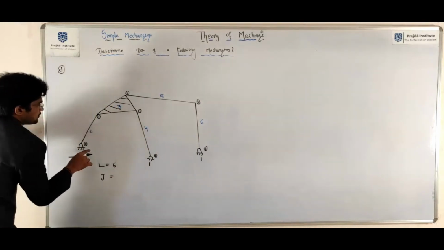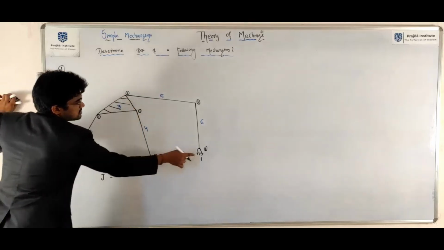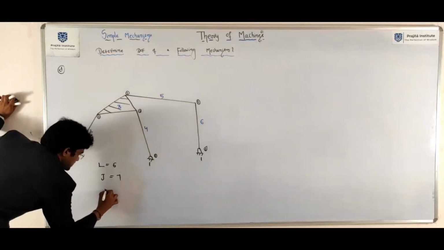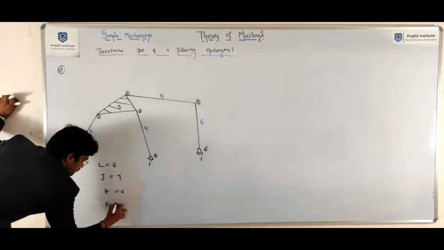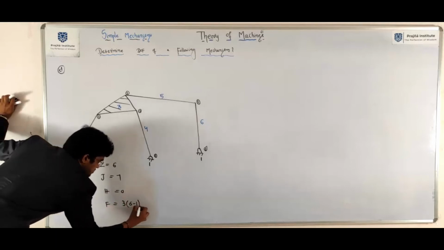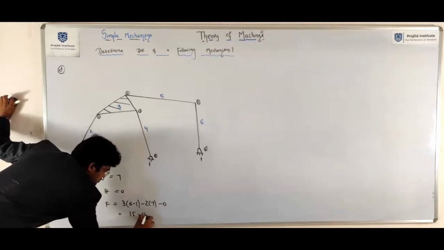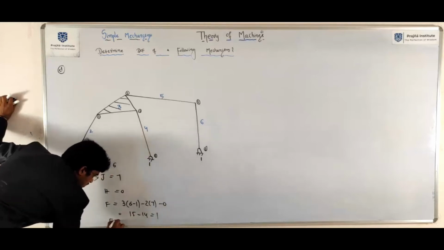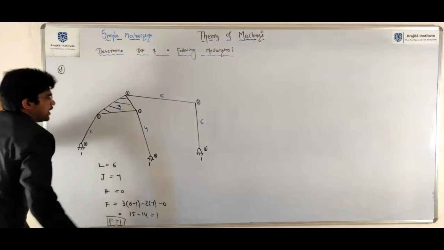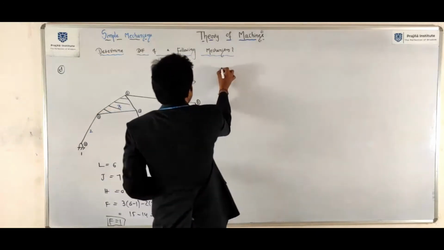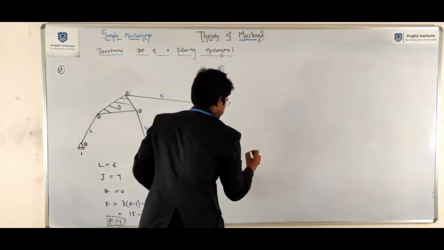J is equal to 1, 2, 3, 4, 5, 6, 7. H is equal to 0. F is equal to 3 into 6 minus 1, minus 2 into 7 minus 0, 15 minus 14 is equal to 1. F is equal to 1. Next,